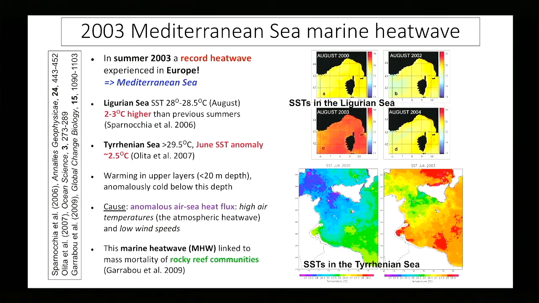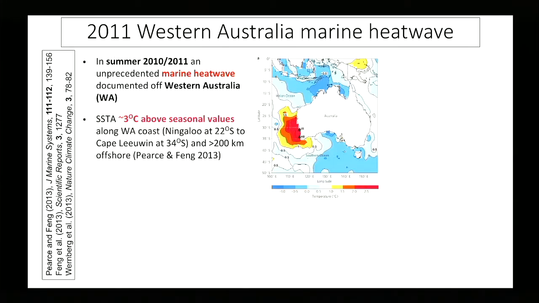But anyway, you can see the characteristic SST changes that happened during that time in the Ligurian Sea and the Tyrrhenian Sea. Temperatures of 2 to 3 degrees warmer than normal. Doesn't sound like a lot, but when you think about the thermal inertia of the ocean and how much energy is required to heat up the ocean, it doesn't change a lot typically. When the atmosphere is changing a lot, the ocean isn't necessarily changing much, and a few degrees of anomaly can be really dramatic for species and so on in the ocean, or in this case, the Mediterranean Sea.